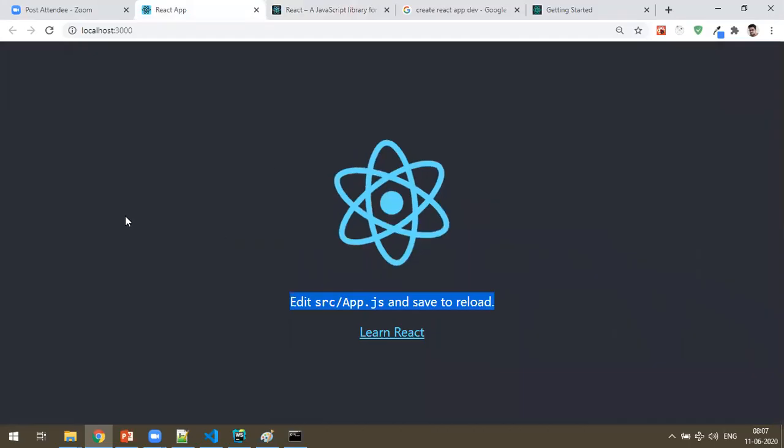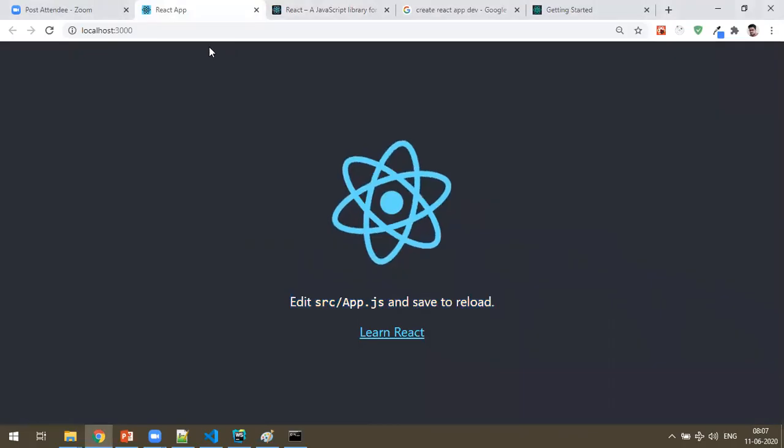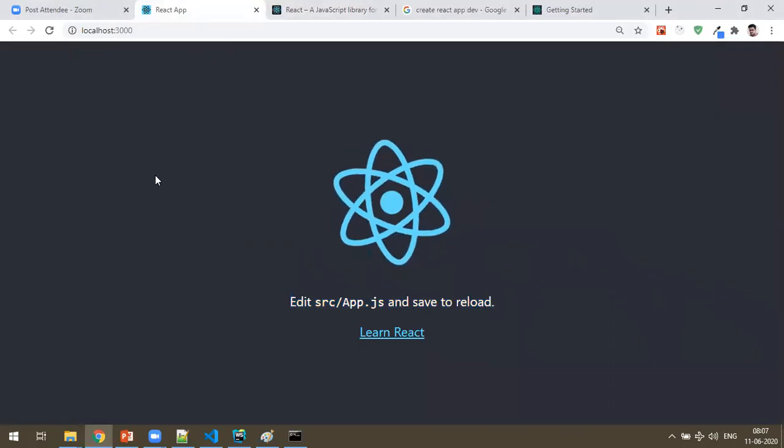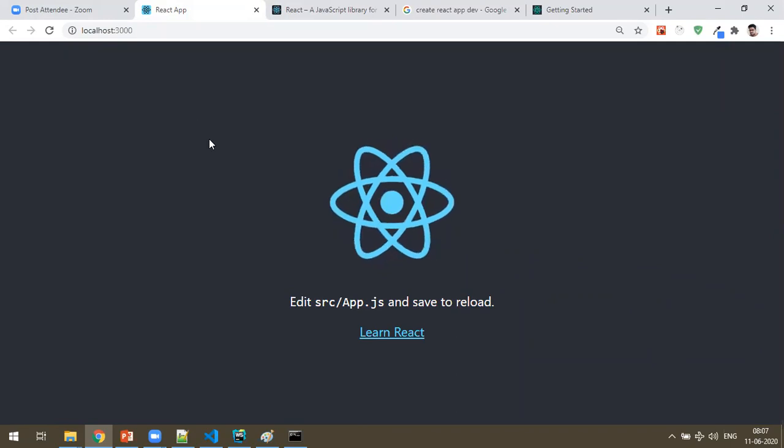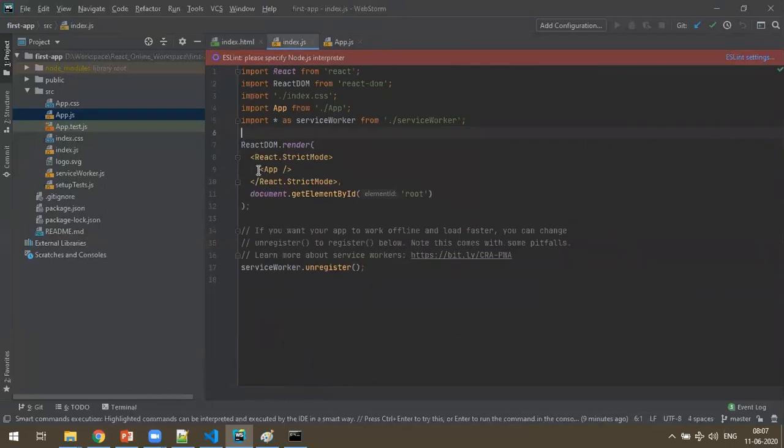Okay, so now I tell you again. So from where this thing is coming is, whenever you open a website, it goes to the index.html. So here we have a div with id root, and this thing is replaced here by the app tag.